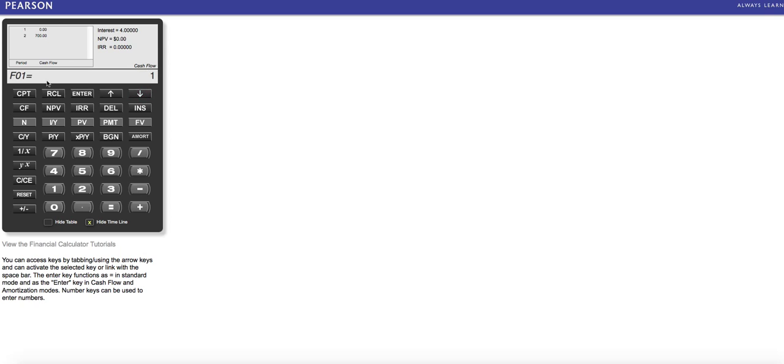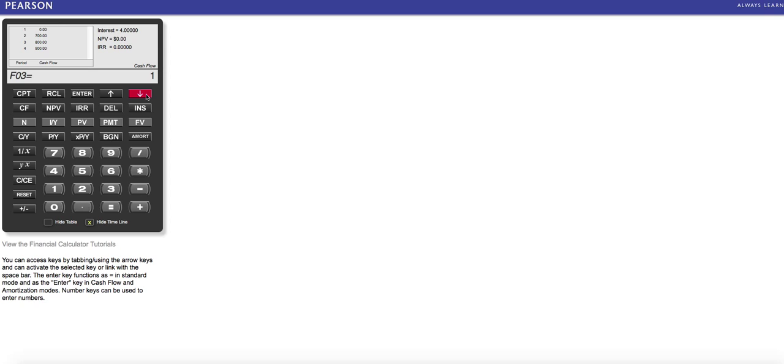An arrow down, and this would be our frequency. So let's say that $700 is going to be our benefit for the first period or first cash flow, which may actually be year one. And it's just going to be $700 for one period. So our frequency is just going to be 1. We can then arrow down to cash flow 2. So again, this could be year 2, but more specifically, it's the second cash inflow. So this, let's say, is $800 for the second cash flow. We'll lock that in. And let's just say frequency is just going to be 1 time. And let's say for cash flow 3, it's going to be $900. We lock that in